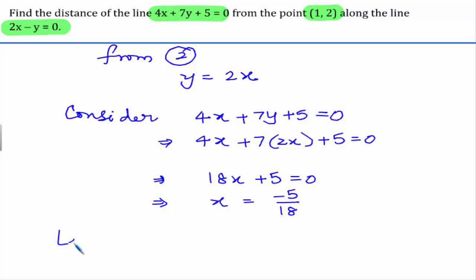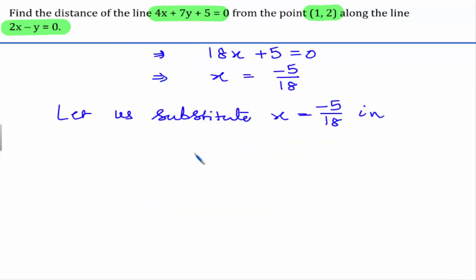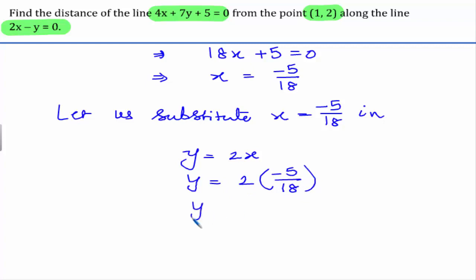Now let us substitute the value of x, which is minus 5 by 18, in the equation y is equal to 2x. That means y is equal to 2 into minus 5 by 18, and we get y is equal to minus 5 by 9. So therefore, the point of intersection